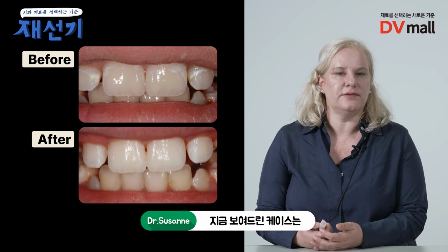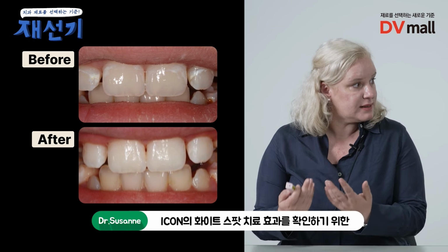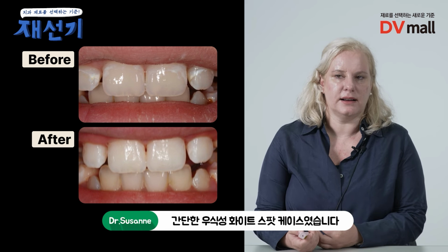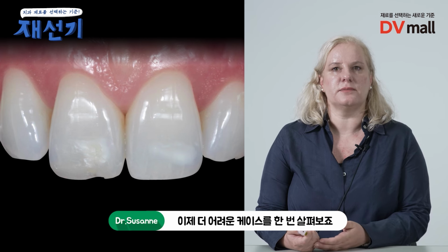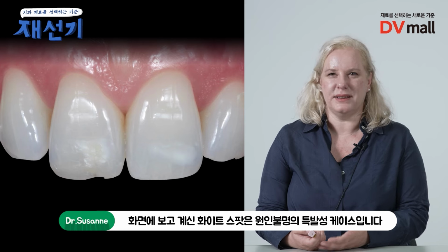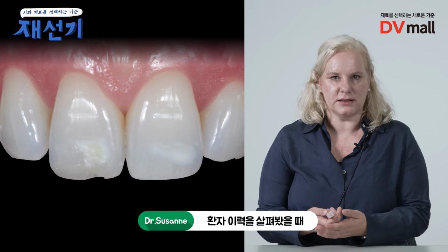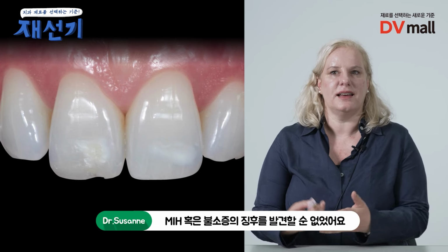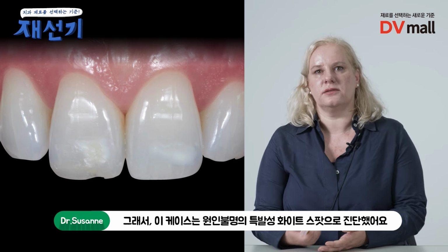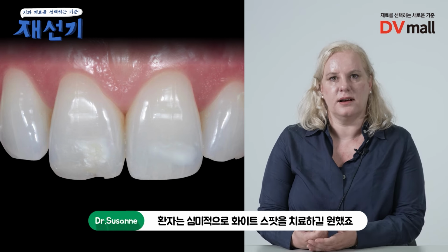So this is one of the very first cases where we started to investigate the masking potential of ICON, and once we found out how we can treat carious lesions with it, we decided to look for more complicated indications. And here we have a case that we have diagnosed as idiopathic lesion. From the patient's history and also in the molars, we could not find any sign of molar incisor hypomineralization or fluorosis. So we diagnosed this as idiopathic lesions, and the patient wanted to have an improvement of their